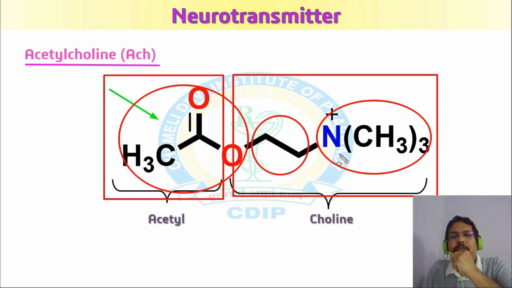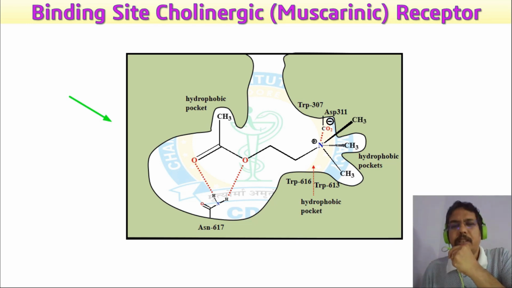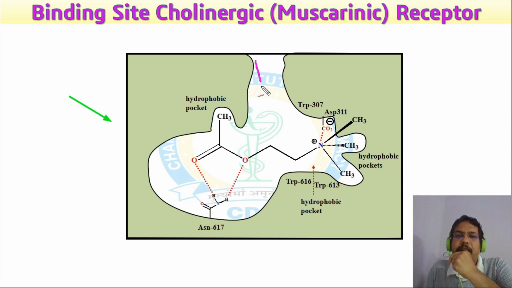So we take a look at the receptor, which looks like this, and generally in a receptor there is a cavity which is required for docking of the molecule in that specific zone, and here this is the cavity of the receptor,